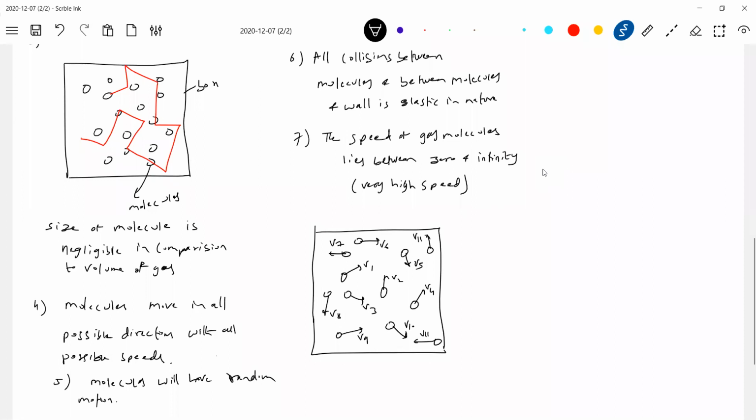All these speeds will be different. Different molecules will be moving at different speeds. The speed of a gas molecule lies between 0 and infinity. Okay, this is something very, very important. Next, after this, we'll go for